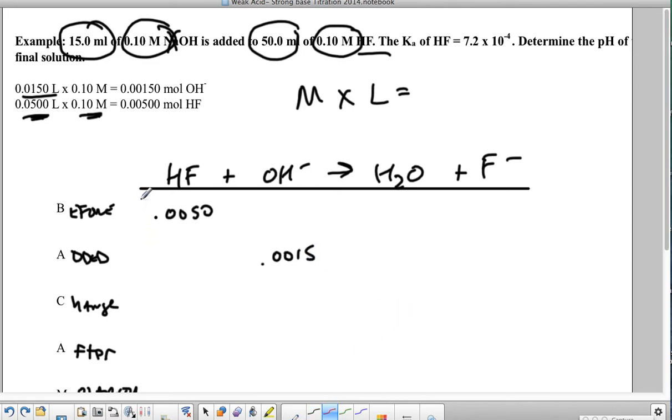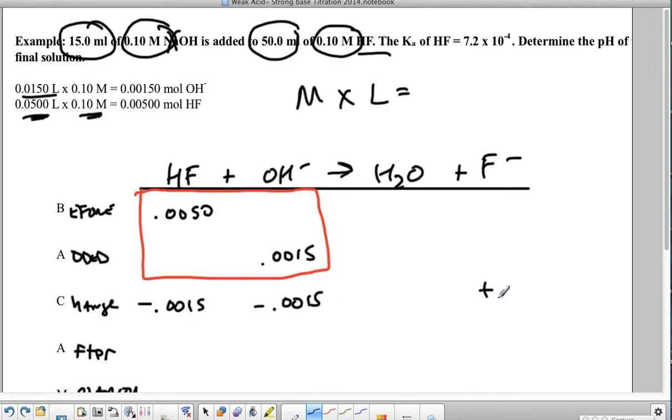Then what I'm going to do, this is critical, I'm going to compare these two numbers. It tells me where I'm at in the titration. If the before line is larger than my added line, I'm before equivalence, which means you do a BCAM table and then you use Henderson-Hasselbalch. So at this point, since this number is larger than this number, I know I'm before equivalence. My change line is always going to be whichever one of these numbers is smaller. So in this case, 0.0015 is smaller, so I'm going to go